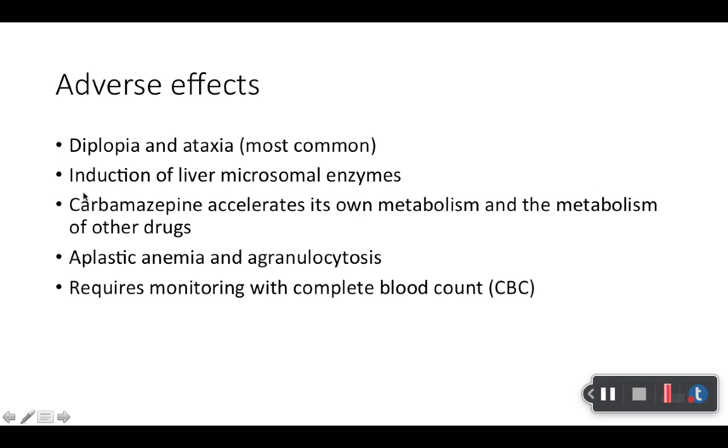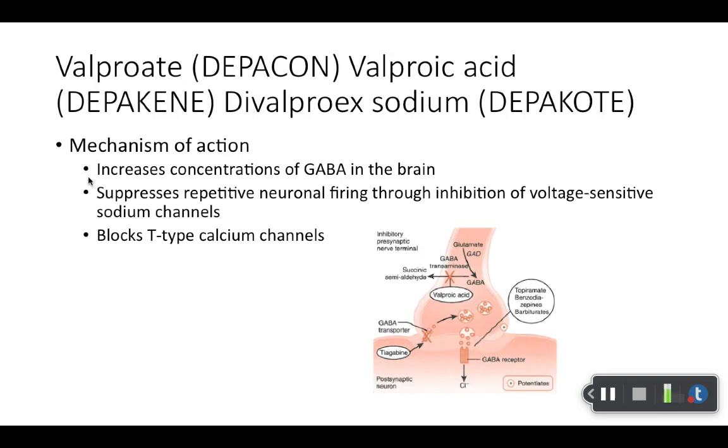Diplopia. I got to slow down when I say that one so I don't say it wrong. But usually the good thing is you'll hear other physicians, physician assistants, other healthcare practitioners say this, but with patients you can just say double vision. They appreciate using plain language. But anyways, all right, now we have valproic